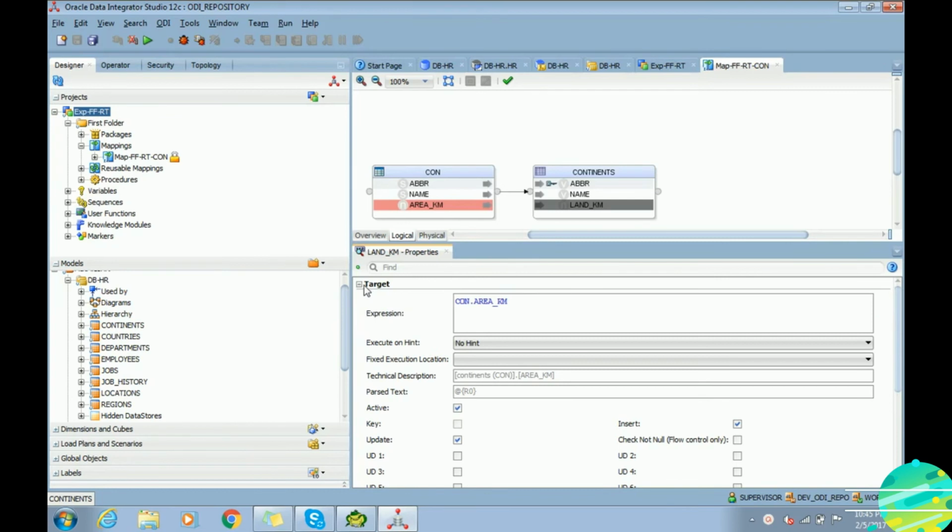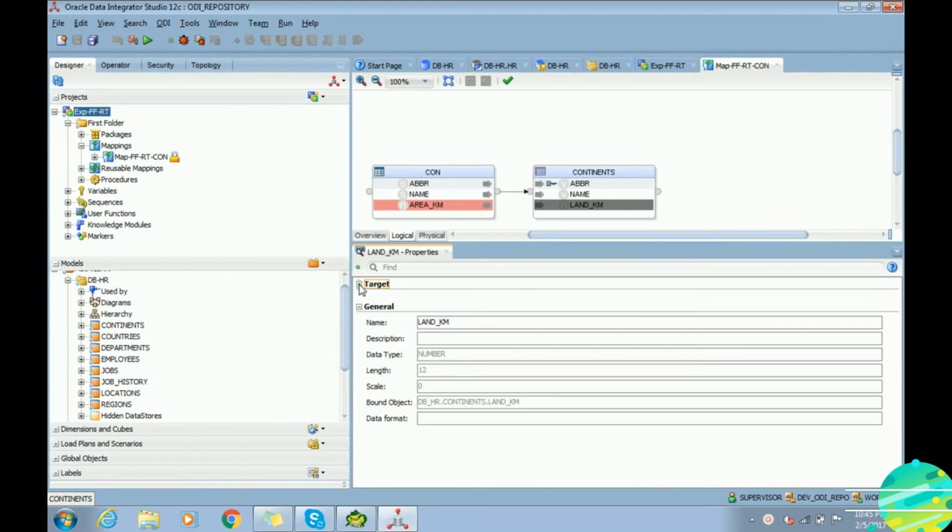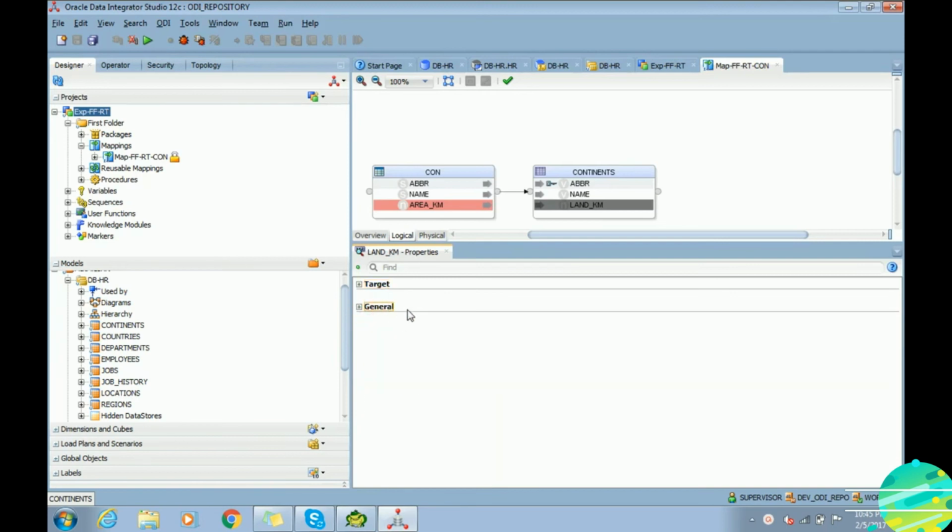Let's do a little bit of exploring on the properties side. This is very important. So spend some time on the properties panel, try to understand the fields in it. You have a lot of good information there and you will need it for the next project.